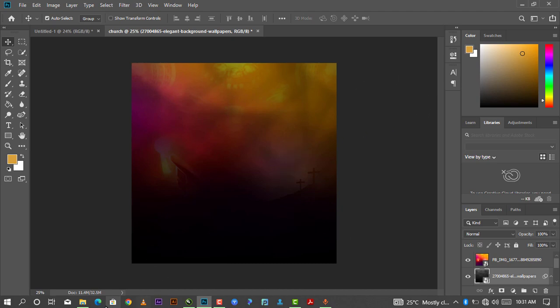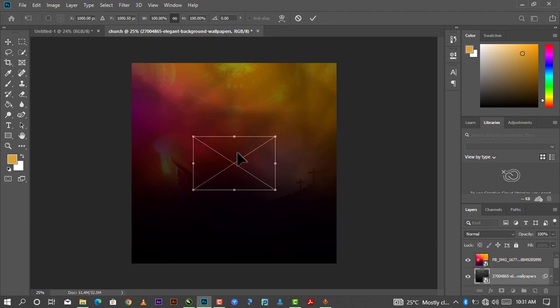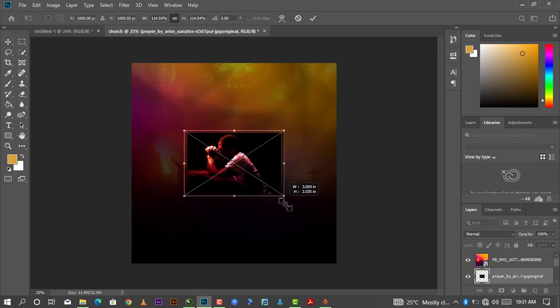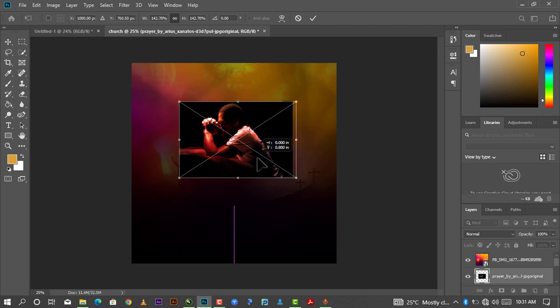So what I'll do next is to bring in this particular prayer image. So I'll just hold it and drag in, and I'll release it. I'll scale this a little bit, hold down Alt to scale evenly, and I'll bring it to this point. Yes, so after doing this, I'm just gonna check this,